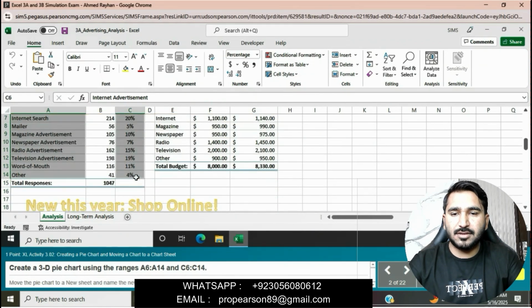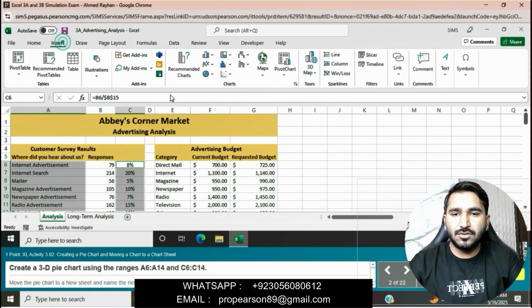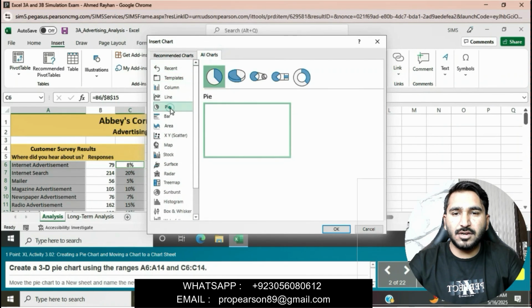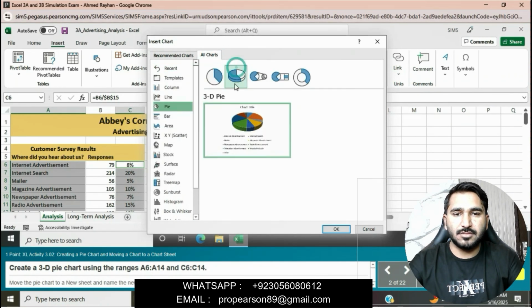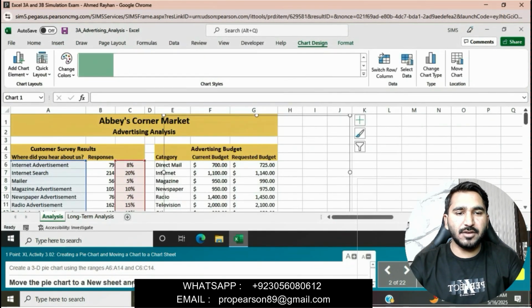Then we will go to the Insert tab. Go to the charts group, click on all charts, click on pie chart and then we will create the 3D pie chart. Then click on OK. The 3D pie chart will be created.